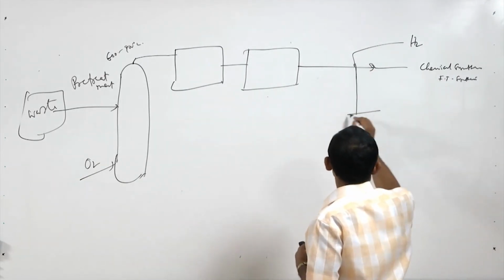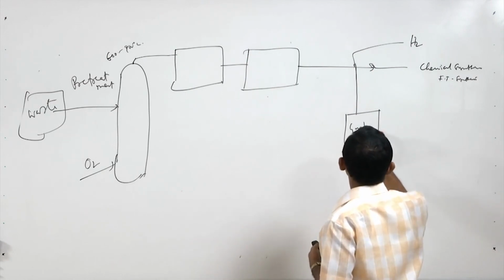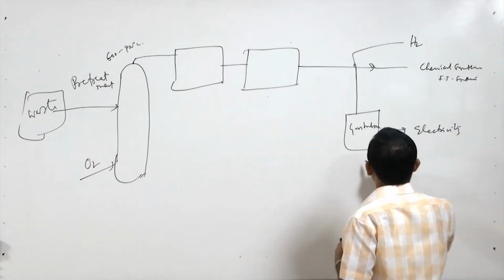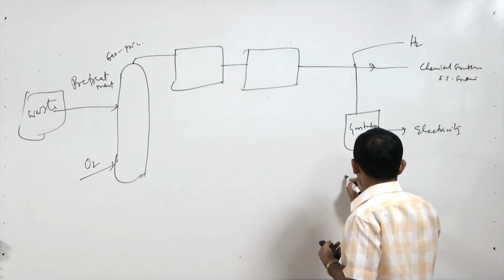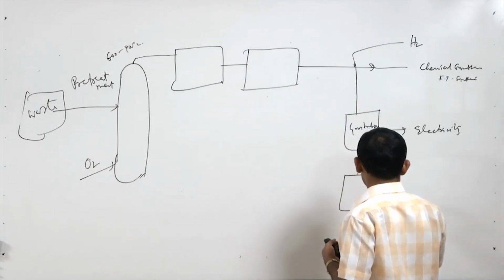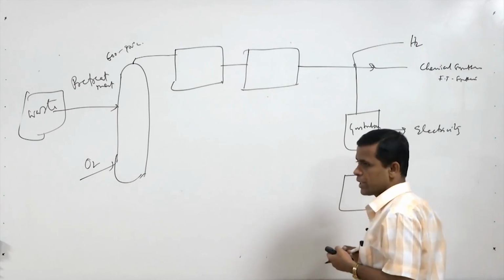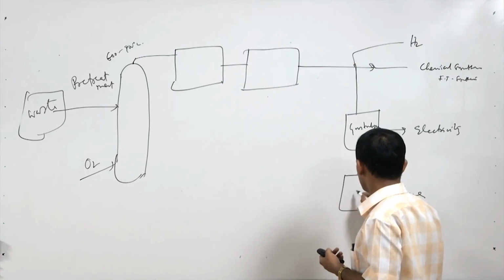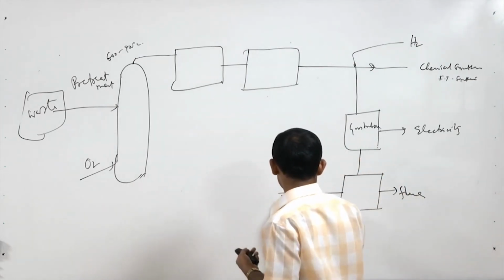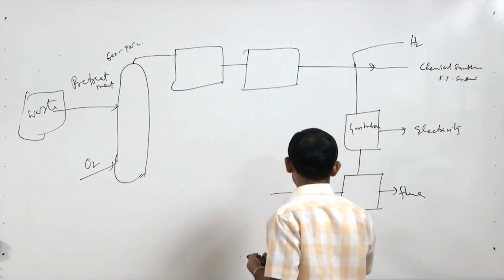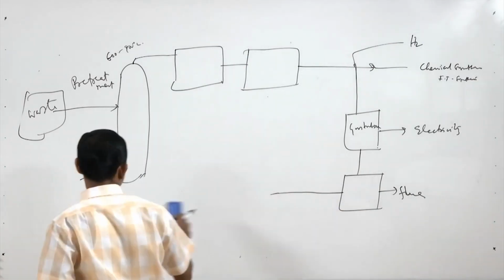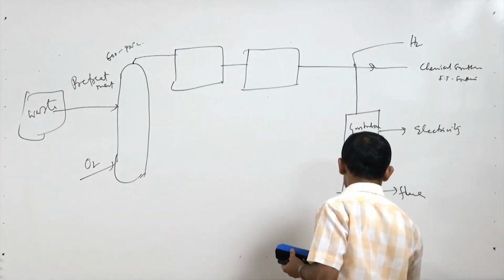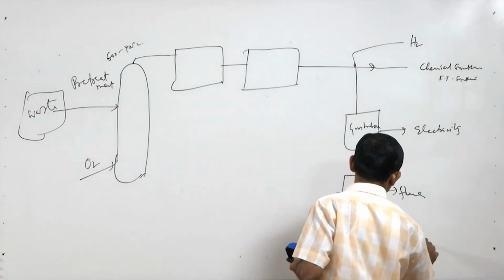Then this can directly be used in a gas turbine. So, that will give us electricity, and then the gas goes on and can be heat recovered, and we will use this gas for steam formation. So, it will give us flue gas after combustion. Water will be converted to steam, and that steam can be further used in a steam turbine, which will again give us